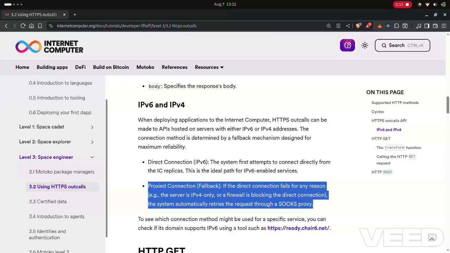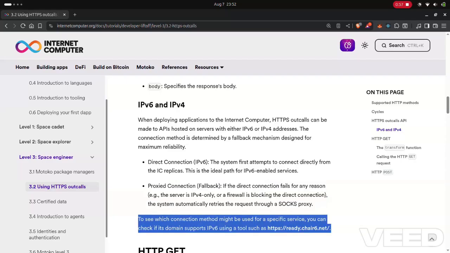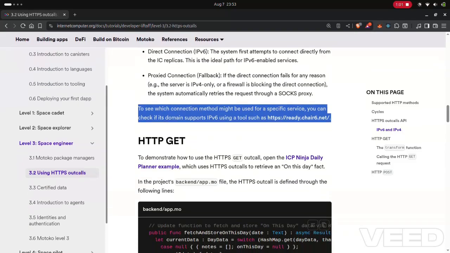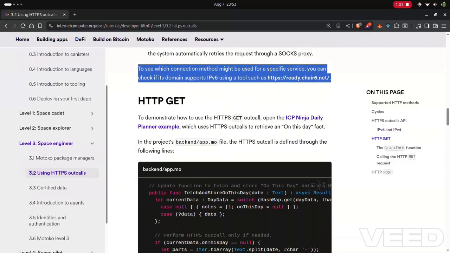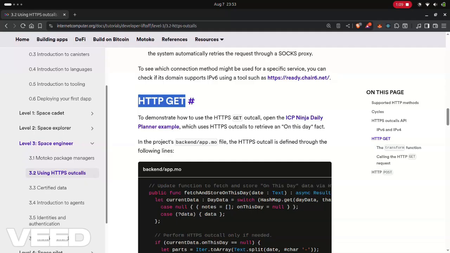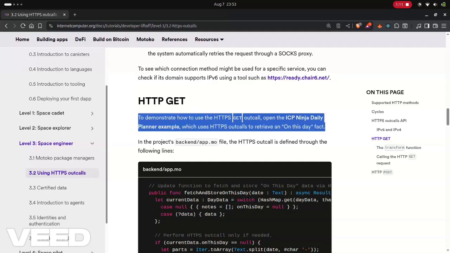To see which connection method might be used for a specific service, you can check if its domain supports IPv6 using a tool such as https://ready.chair6.net/. HTTP GET. To demonstrate how to use the HTTPS GET outcall, open the ICP Ninja Daily Planner example, which